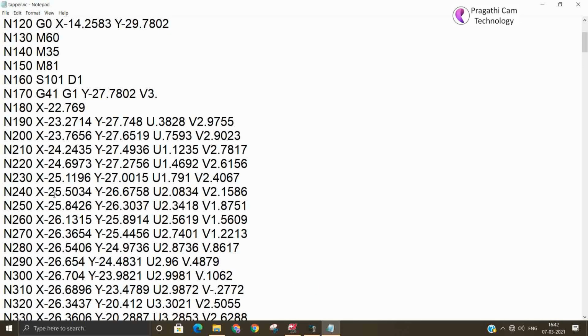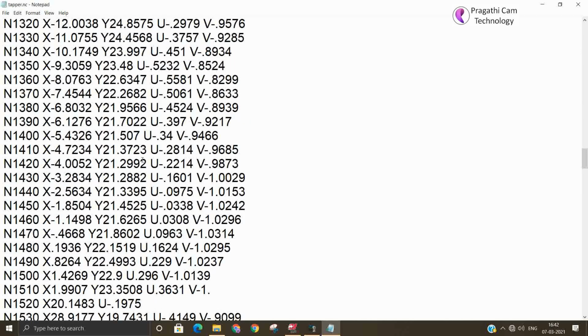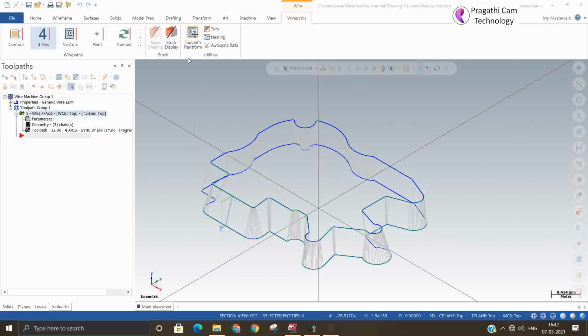Now you can see X, Y. The top wire guide will move in the UV, and the bottom wire guide will move in the XY. So this is the program. So the synchronization you can do either by entity or by the